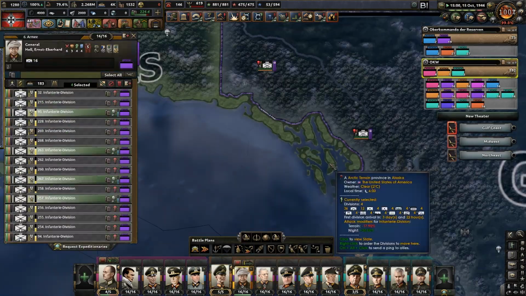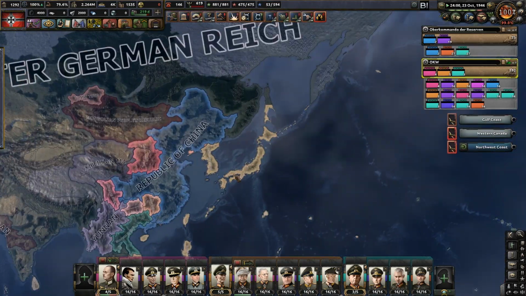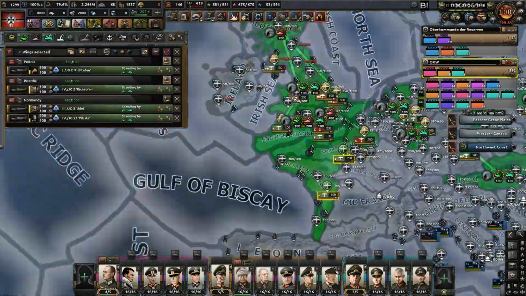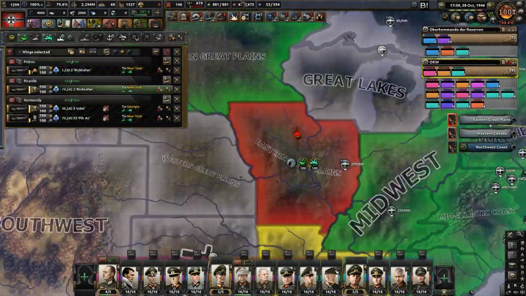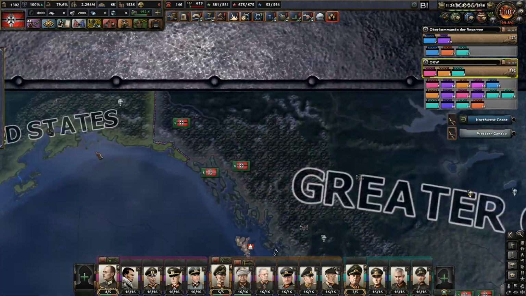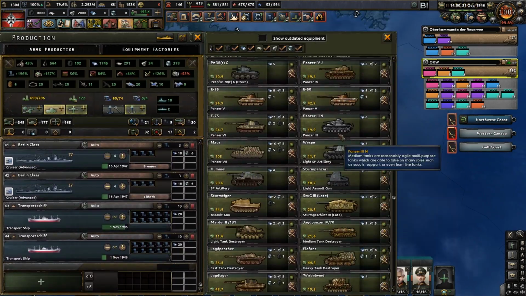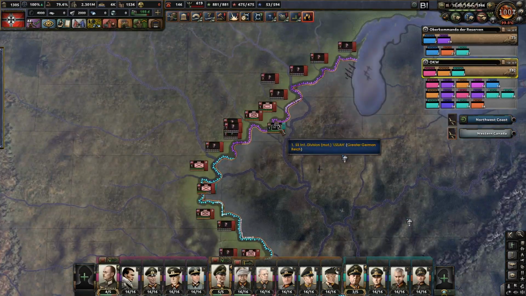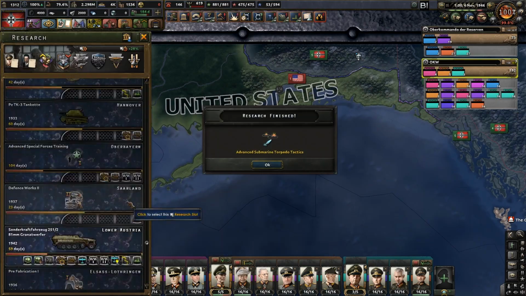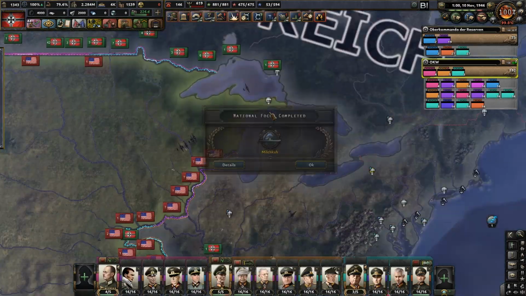I made the mistake of overstretching my front line, because at some point I was like, okay, I need to recall von Bock's army group from Europe as well, because my panzers could not hold the Midwest front. And then something really unexpected happened, because I saw the Americans massing up troops along the border, but they never advanced. Had the AI advanced in that moment, I'm sure I would have faced some troubles, because I really had no troops to spare